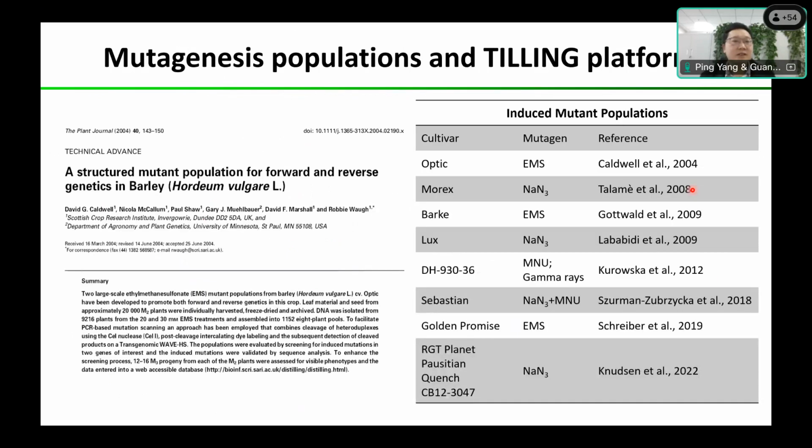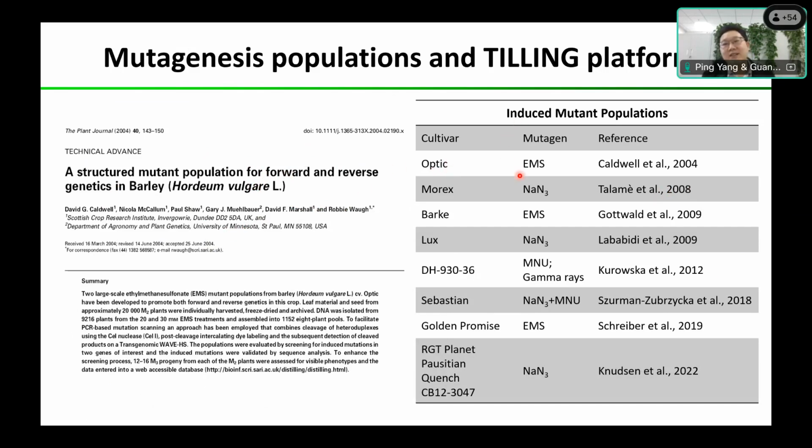20 years ago, Robbie's group established the first TILLING platform. Once we have the candidate genes, we need a tool to test the gene functions. So how do we identify the mutation sites at a particular site? We need an approach. 20 years ago, Robbie's group reported the first TILLING platform from the British cultivar Optic,